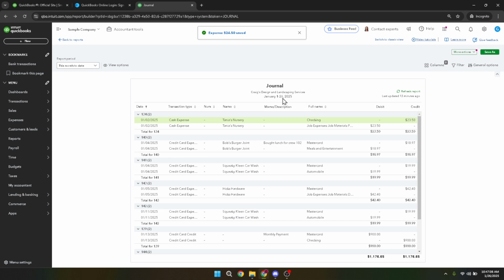of your financial reports. And there you have it, a quick and efficient way to edit journal entries in QuickBooks Online. Remember, maintaining your financial records is a crucial aspect of running a business, and QuickBooks makes it straightforward and